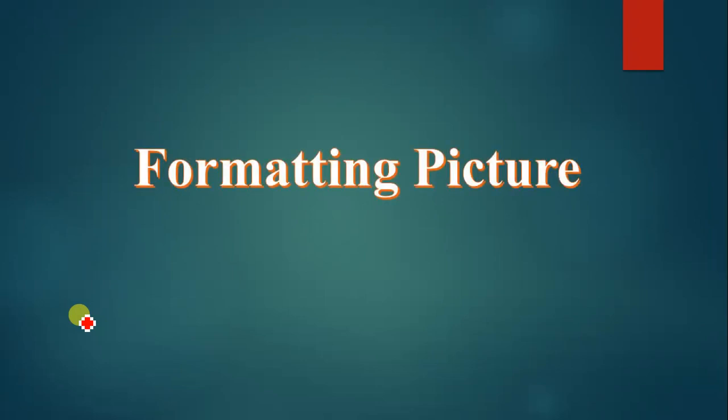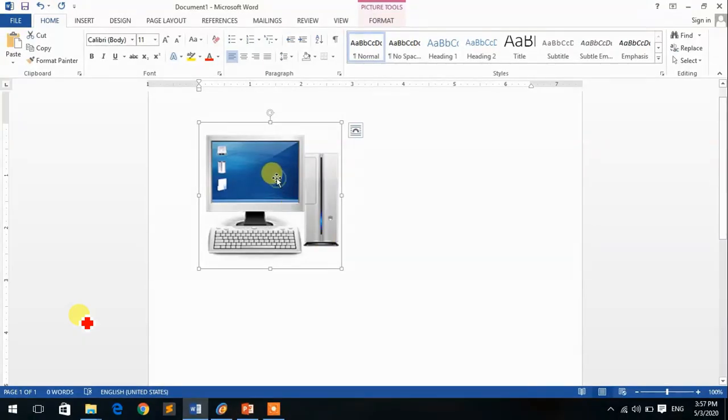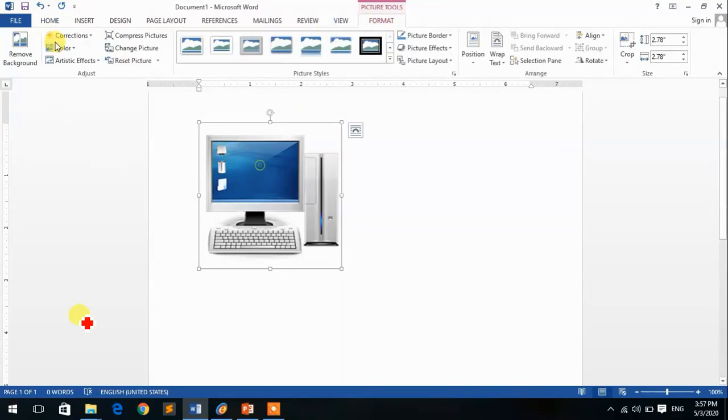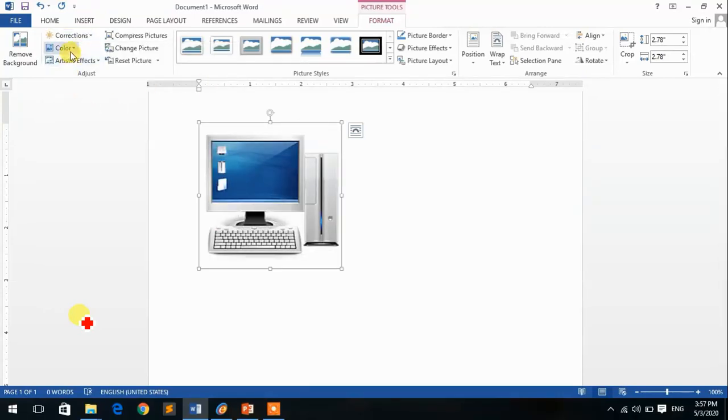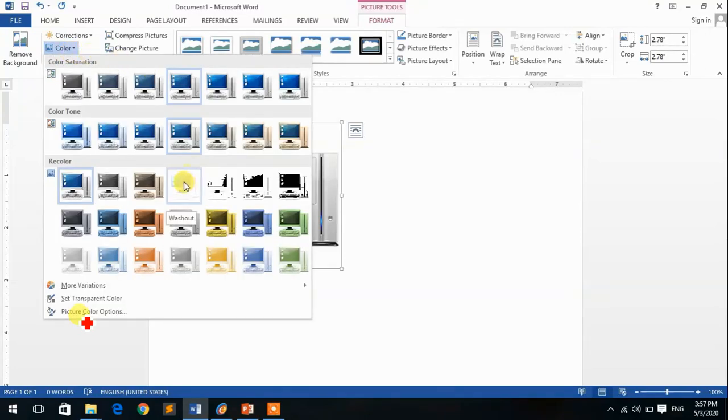Now, how to format the picture? For formatting the picture you have to select the picture, then click on the Format tab, go to Corrections for different contrast and brightness, select any one. You can give a different color to your picture.